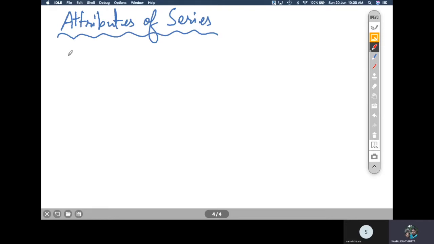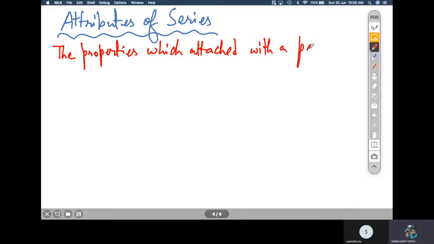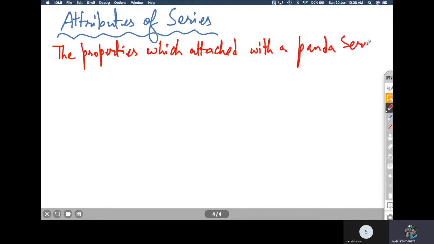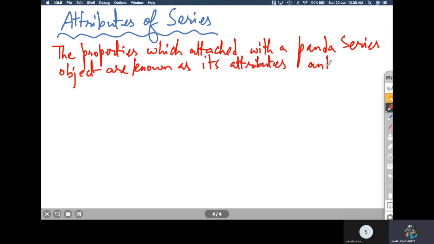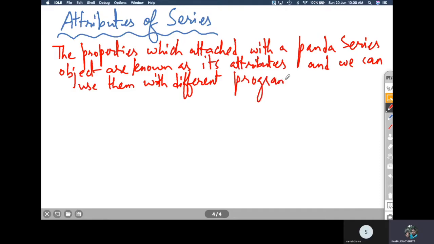The properties which are attached with a pandas series object are known as its attributes, and we can use them with different program code, right?